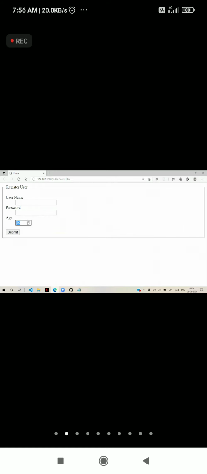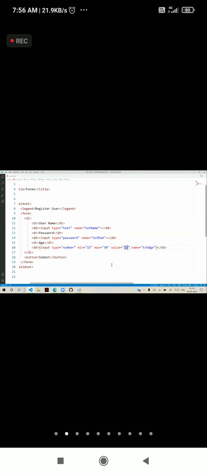If you type more than 30, it will say that it must be less than or equal to 30. So it works as a validation. You can allow only numbers, and on submit it will submit that value. By default, it is 22. That is the value.